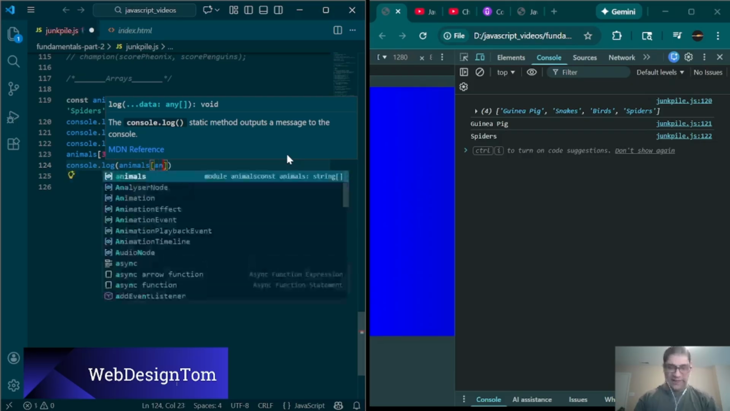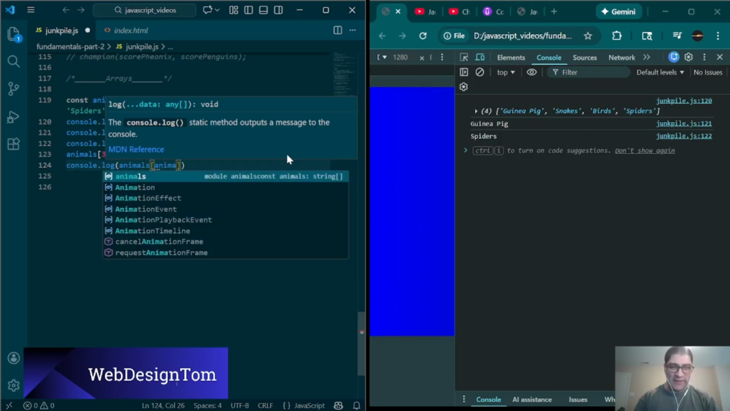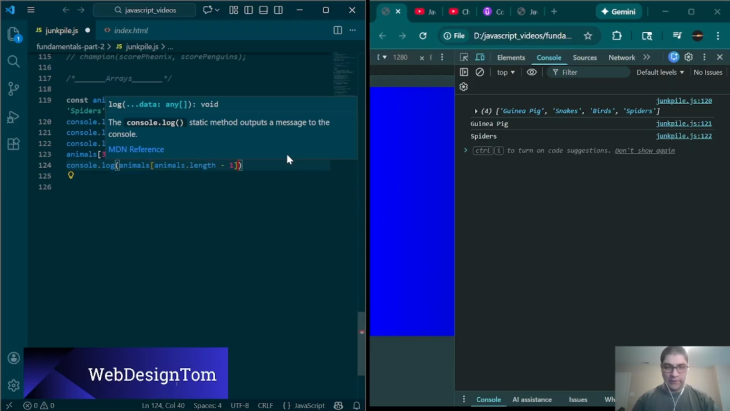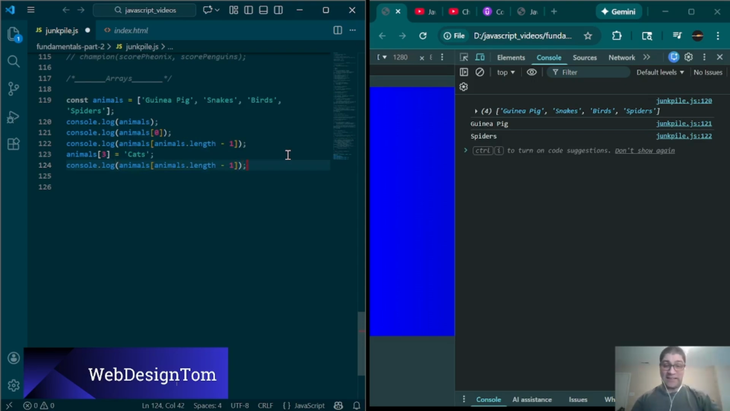This could get sometimes really confusing, so bear with me. Length -1. Here we go. Should change to cats. Hopefully it changes to cats. Yes, there it is. And then if you want to console.log